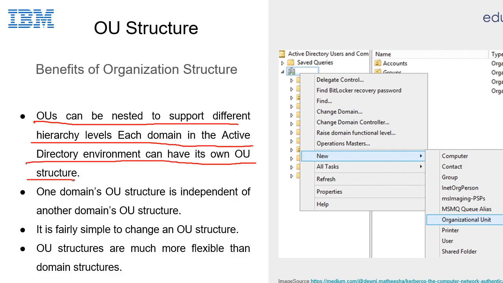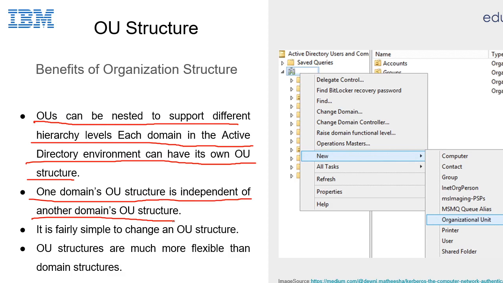So every organizational structure that is created in Active Directory can have hierarchy levels like users, groups, and different sub-organizations or organizational units. One domain's organizational unit structure is independent of another domain's organizational unit structure.